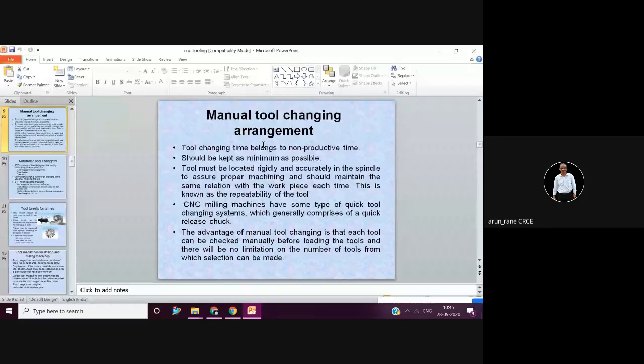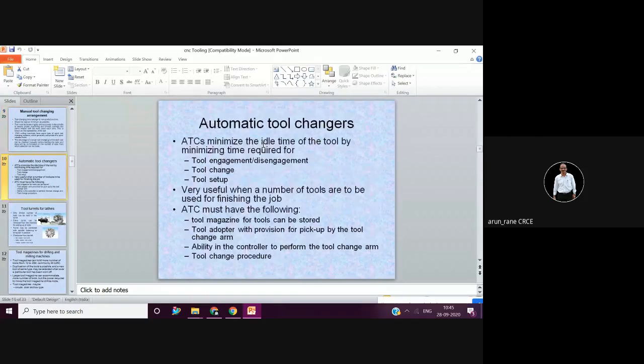So in this case, you have to go for an automatic tool changing device, which will pay you back. So depending upon application, you have to select. Like when we buy a car, we think about what will be the purpose, whether to take AC or not.